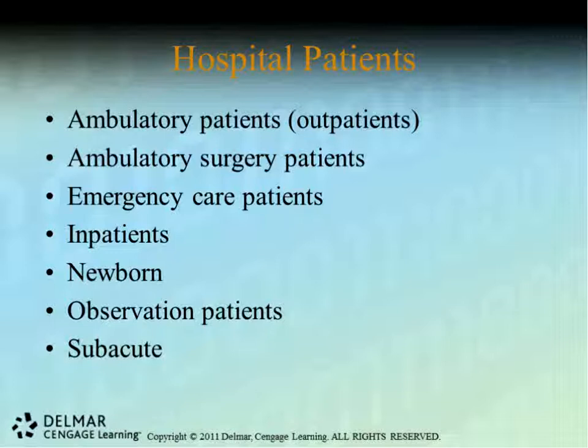Ambulatory surgery patients, these are those who have surgical procedures on an outpatient basis. And when we say outpatient, your formal definition is that they're not staying overnight in the hospital. Their length of stay is a maximum of 23 hours, 59 minutes, and 59 seconds. So just below 24 hours, which will make you an inpatient. So these are our outpatients. So you got your ambulatory patients or outpatients and your ambulatory surgery patients, where they receive surgery on an outpatient